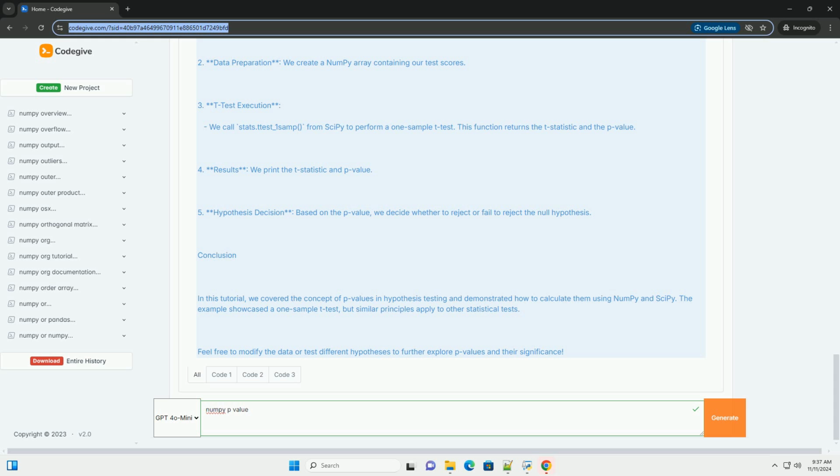Explanation of the code. 1. Import libraries. We import numpy for numerical operations and scipy for statistical tests. 2. Data preparation. We create a numpy array containing our test scores. 3. T-test execution. We call